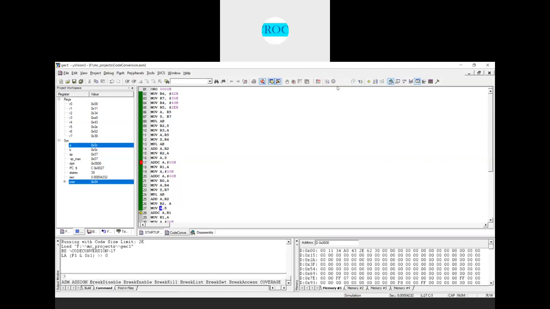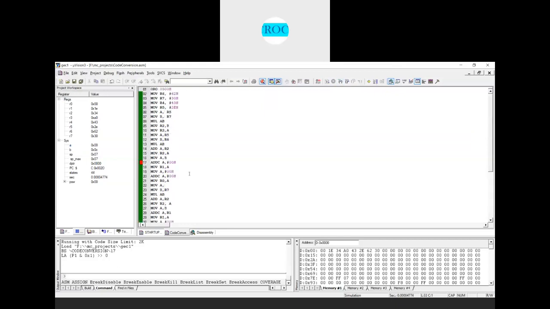The accumulator is having 0C. Now I'll perform the addition. After addition, what we have is 1E. 1E again I will move into the R1 register. Next, move A comma hash 00H. If there is any carry, again that needs to be considered, and this needs to be added with the R0 register. Next, move R0 comma A.